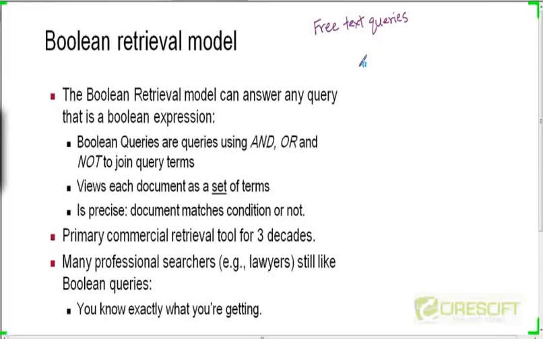As a rough estimate, when a user types a set of terms in a Google search box, usually they're thinking of all the terms as being preferred if not necessary. So you can think of all those terms as making up an AND query by default. But strictly speaking, Google doesn't treat it as an AND query. It treats it as a free text query. And we'll see how free text queries are handled by search engines.